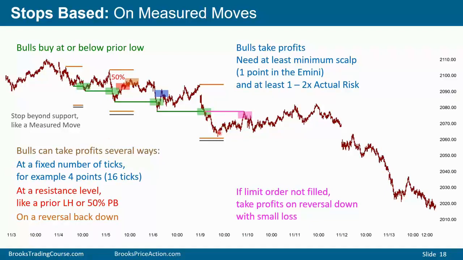Let's say a bull bought here, whether or not he scaled in here, he might try to get out at his original entry price. After such a big sell-off, he's now concerned that it's not going to rally very much. And let's say it did not get above his entry price. So this high did not get above that low. So a bull who bought here, disappointed by this, tries to get out break even. It gets right near his price, but not above it. He'll then exit with a loss on a reversal down.